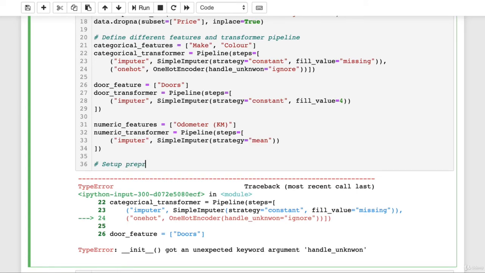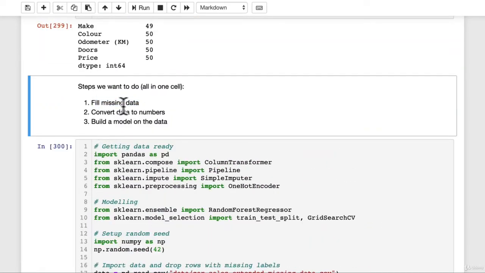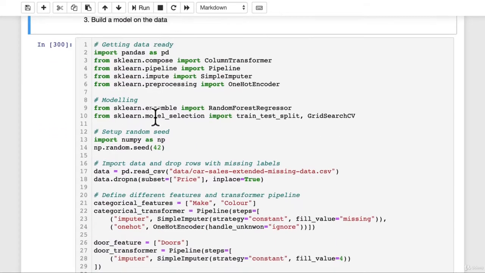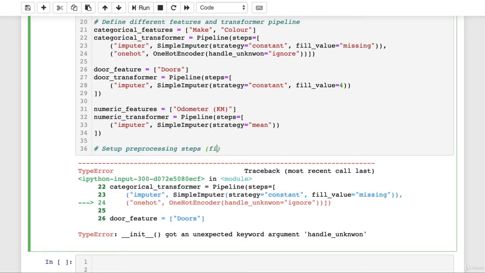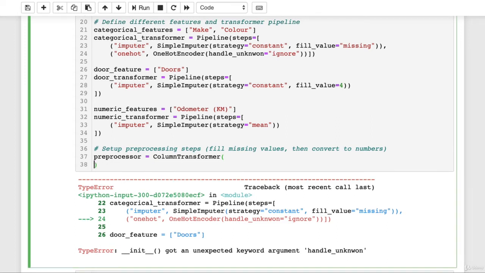We're going to set up the pre-processing steps. So remember what we need to do. We need to fill missing data. So this is part of our pre-processing. These two are pre-processing our data, and this is modeling the data. So our pre-processing steps are going to be fill missing data and convert data to numbers. So we can do that. Fill missing values, then convert to numbers. So to create a preprocessor, we'll instantiate a preprocessor using column transformer, tab autocomplete, and we're going to pass it. Column transformer takes